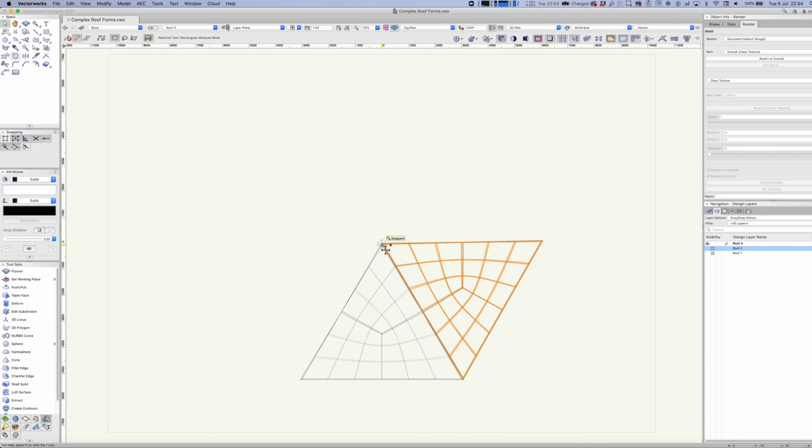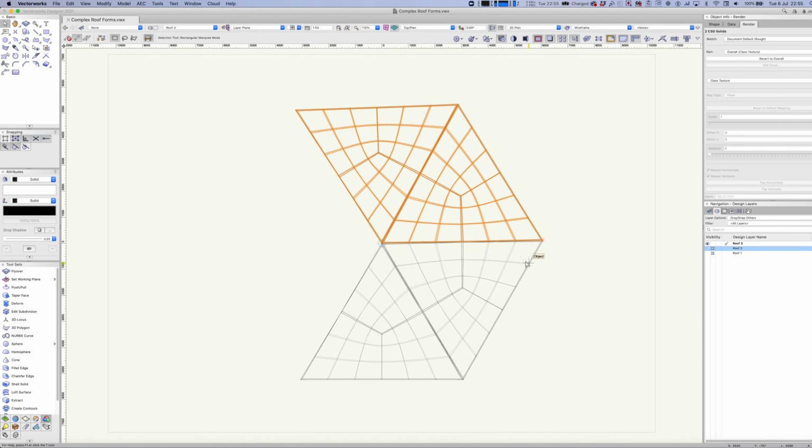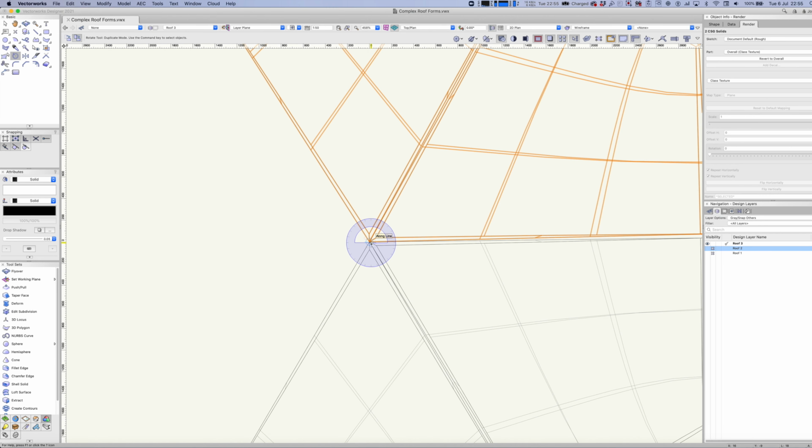Let's select both, get our rotate tool again, and let's just rotate those two this time. So we'll get that corner down there. If we need to, we can zoom in a bit, but that's fine. Yeah, it's looking interesting. And then the last two, this time I will zoom right in, click, and let's go